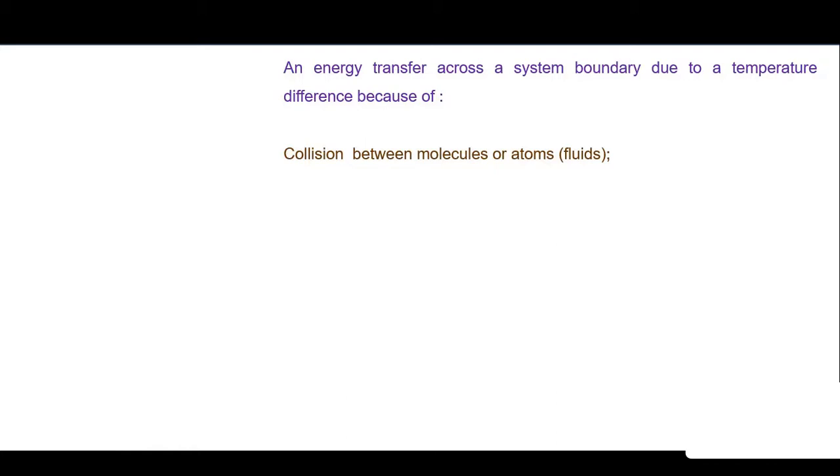and if because of the collision of the molecules the heat or energy is getting transferred, particularly it is happening in fluids. Lattice waves, that is the vibrations which are created because of the temperature difference, are induced in the atoms, and this particular thing happens particularly in non-metallic solids. So whenever we have non-metallic solids, the energy transfer through these solids is taking place because of the lattice waves, and that is called conduction.